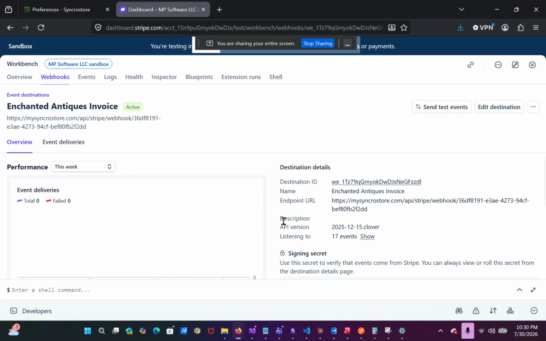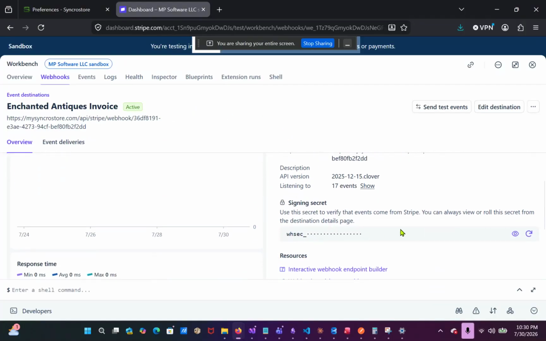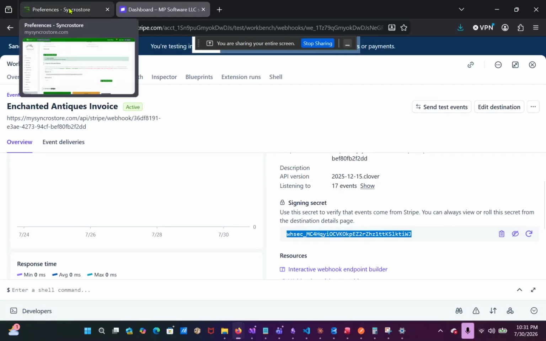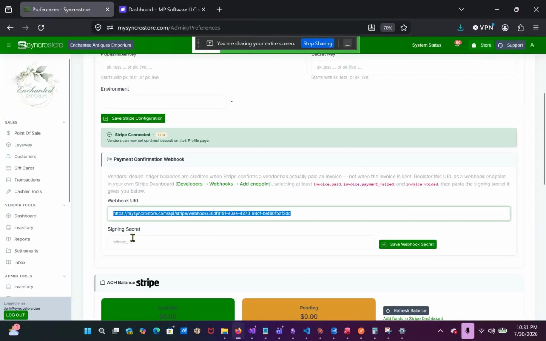What we're going to do from here is scroll down to where it says Signing Secret. Here you'll see that it is actually blocked out, so you can't see it automatically. Do not share this with anyone, but what you're going to want to do is click this I to reveal your webhook secret. You're going to select it, copy it, navigate back to Syncrostore, and you're going to paste it